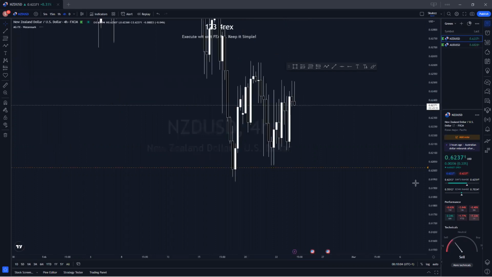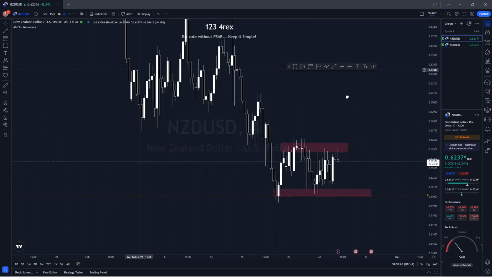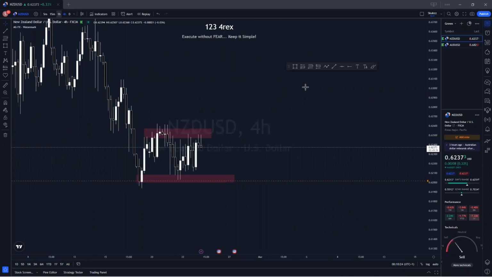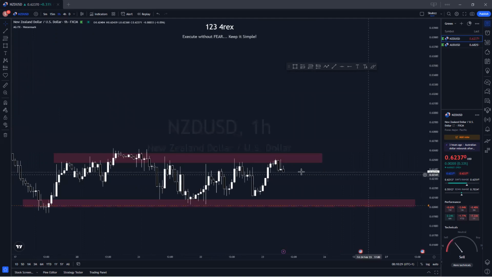So if you look at this 4H, you more or less start seeing the symptoms of the range. So we had this low here, price is within that. We have this high here, and price is still within that. So I'm more or less just consolidating here. It's not as big as this other consolidation we had here, but it's a mini consolidation. So now price has just tapped into the top of that range.